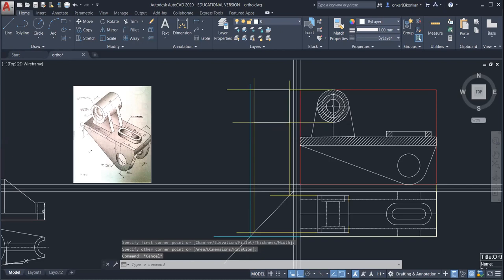Now take the projection from this circle. So actually that part will be hidden.